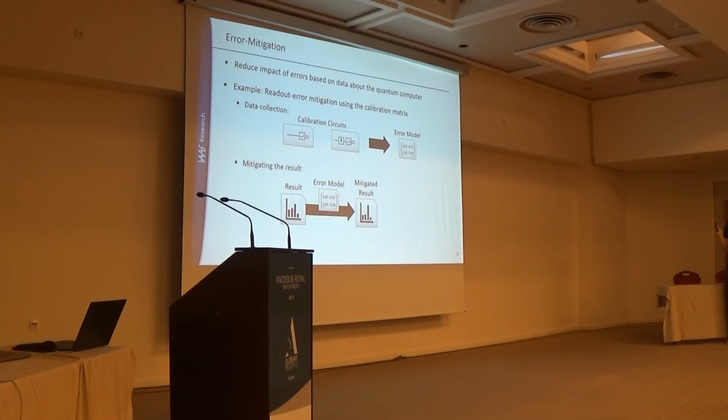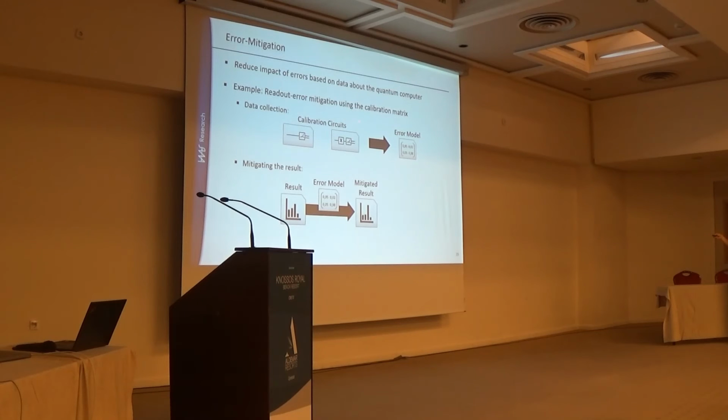The main idea, I think I can do it quite fast, as Frank already introduced the unfolding. The main idea is to reduce the impact of errors until error correction is available. And one simple example technique to apply is the calibration matrix, which